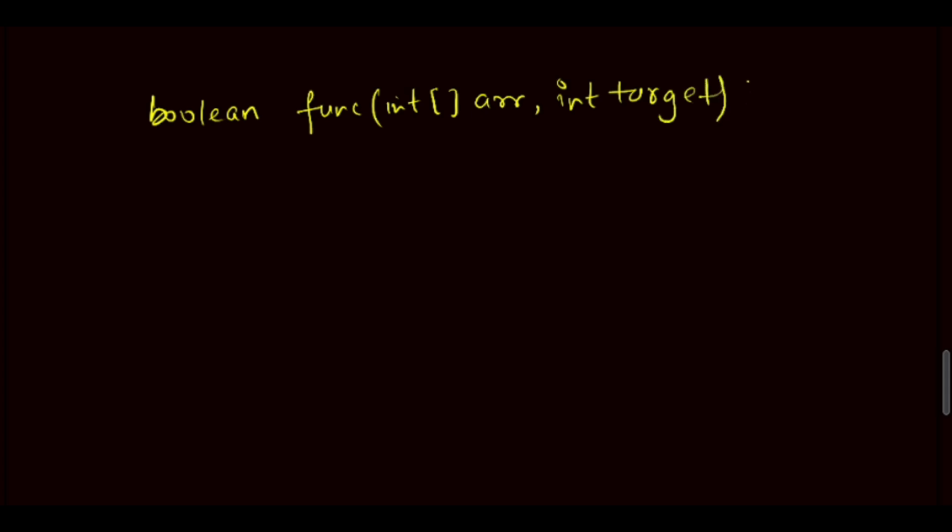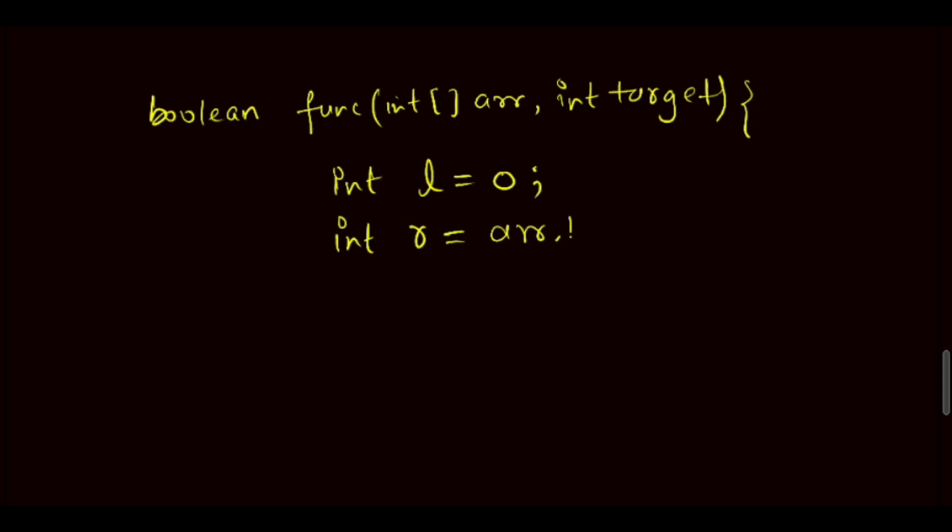Let's say you have a function and you need to return a boolean, and the function takes two arguments. One is the integer array, which should be sorted, and a target, what we'll look for. Now what I'll do is I'll create two pointers. One is L to put at 0 at the beginning of the array,